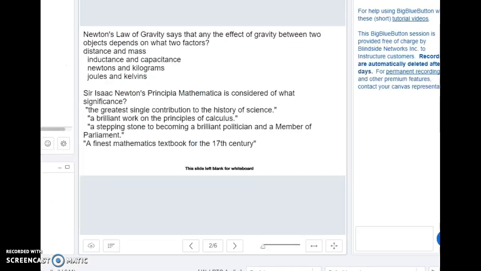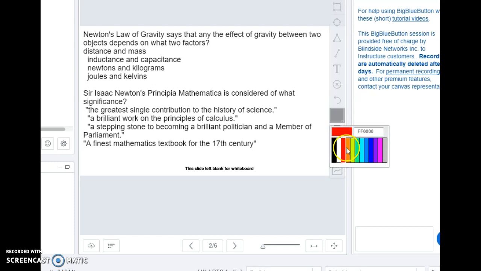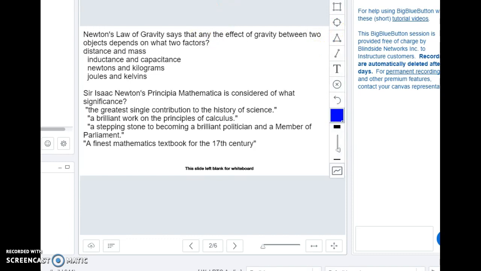All right, so the Moon Module exam review. I've got some questions and some answers here. Let me get my pen so we can mark it up. And we're going to go through and I'm going to mark it up because I know it's kind of tight together. First question: Newton's law of gravity says that any effect of gravity between two objects depends on what